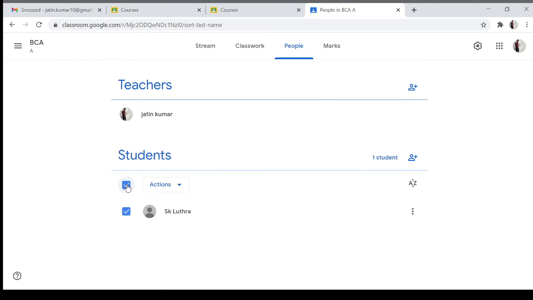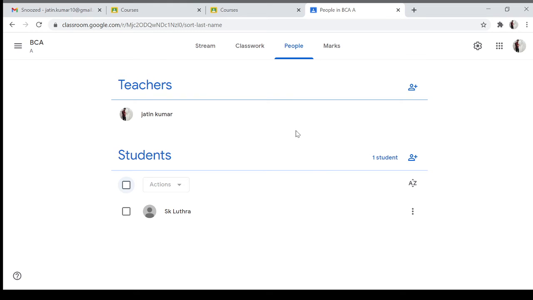And there will be other actions. If you want to take actions, like action from email, or you want to remove some of the students, or you want to mute, which means students can't have conversation there for the classes. If you don't mute, they can also comment on the topic. So that will be created.